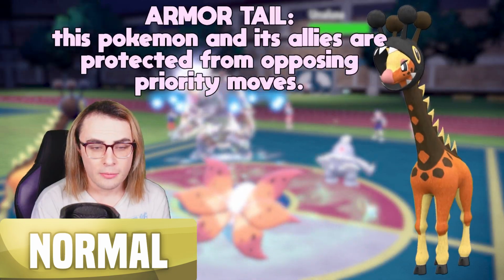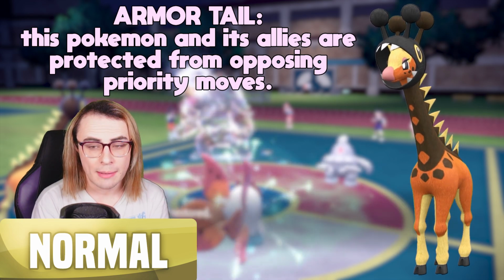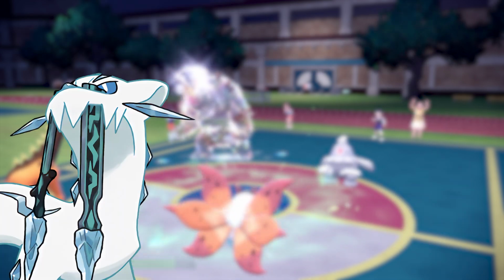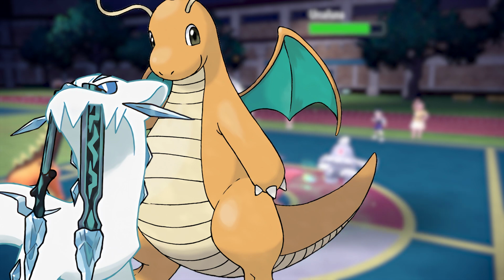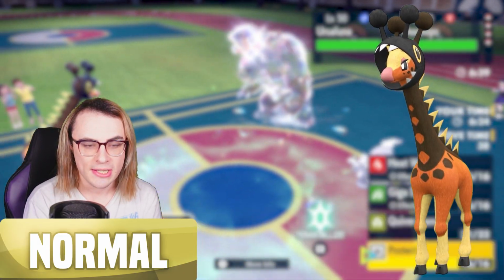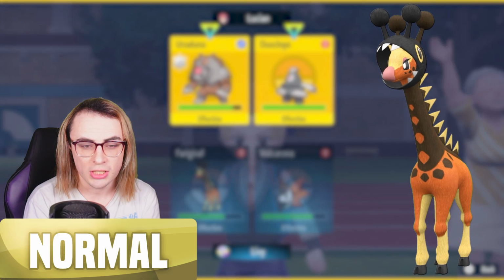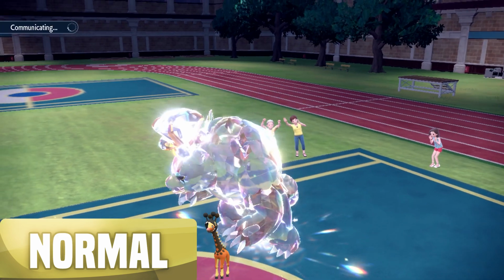With its ability, Armor Tail, you can block all incoming priority from opponents, which means that you can not only stop really good offensive leads such as Chien-Pao and Dragonite, but you can also block incoming Taunt from a lot of Prankster Pokemon, with the main one being Tornadus. Because Taunt is typically run only on Prankster Pokemon, this allows Farigiraf free reign in the tier as a strong Trick Room setter, as well as a great anti-Trick Room option with Imprison, and unlike most other valuable normal types,